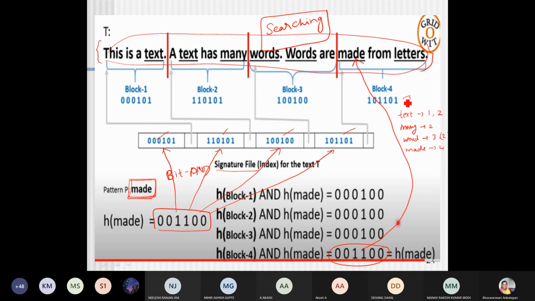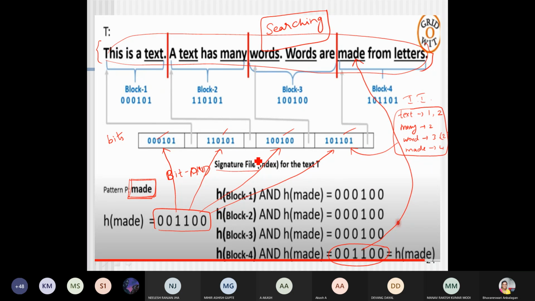So this is what inverted index is. Instead of storing this type of data, alternatively you can go for the signature files also. That is the reason why we are going for this. This is made with very few number of bits. The bits required for storing, compared with inverted index, the signature file will be less.